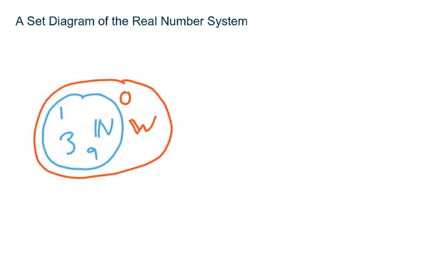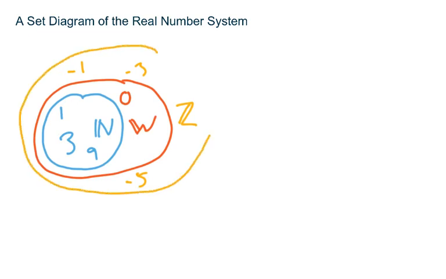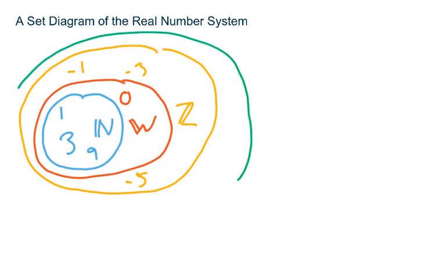The integers include all of these plus the negatives of the whole numbers. So like -1 and -3 and -5. And that creates the set we call Z, which represents the integers. So the natural numbers are inside the whole numbers, which are inside the integers. And all integers are also rational numbers, so there's even a larger set. I can expand this even farther